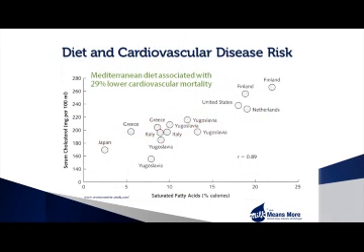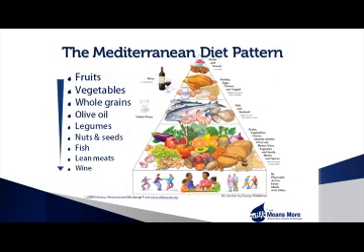The 7-country study was the first to produce data suggesting that, even though cardiovascular disease risk factors were consistent across cultures, people consuming a typical Mediterranean diet had a 29% lower cardiovascular mortality risk. The Mediterranean food pyramid illustrates the Mediterranean diet.